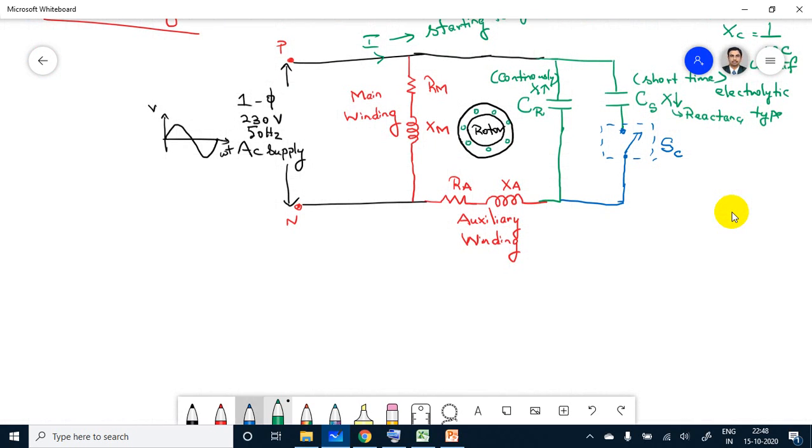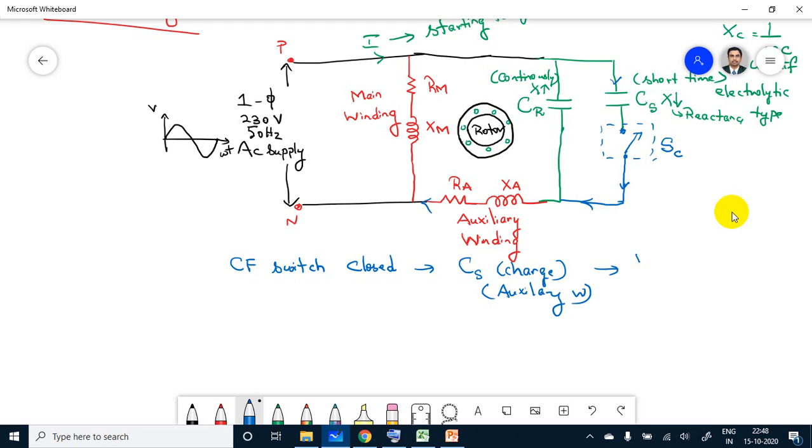which is very much simple. If you give the supply, the centrifugal switch closed, then the starting capacitor CS gets charged by using an auxiliary winding. So the current flows through this auxiliary winding. So the motor will start